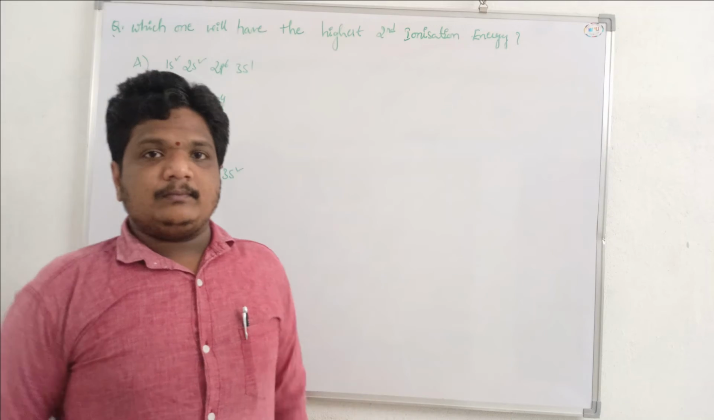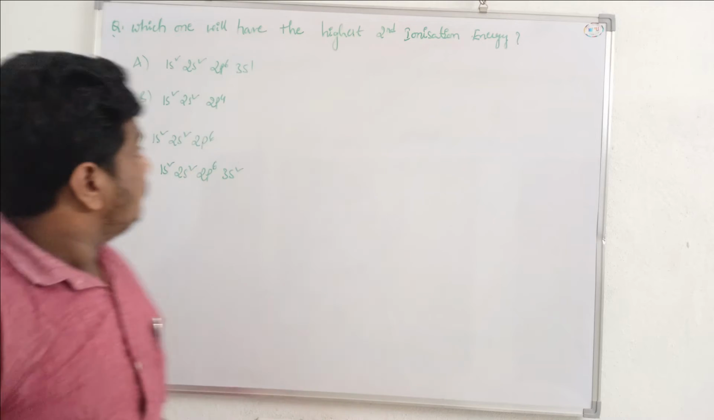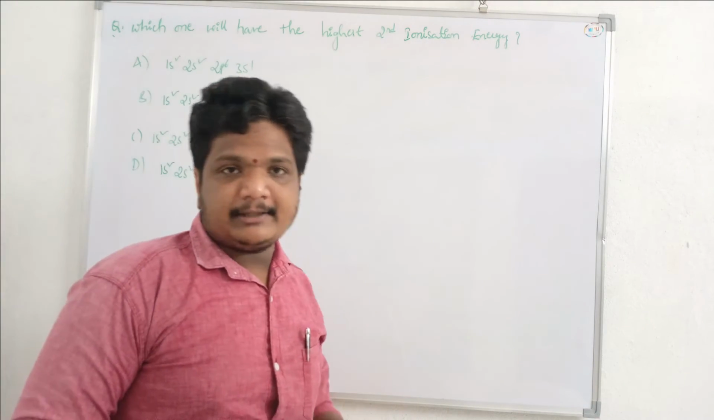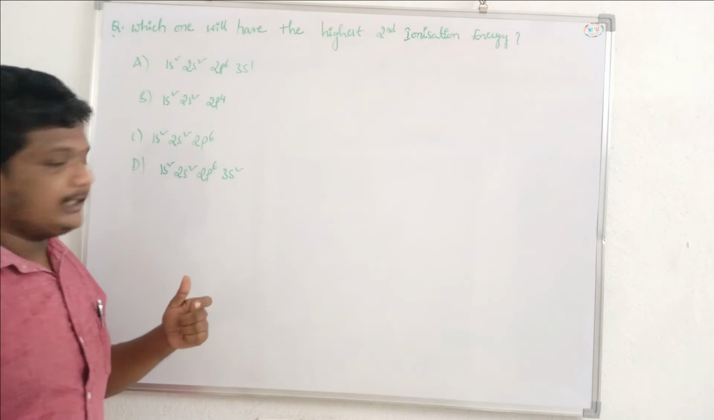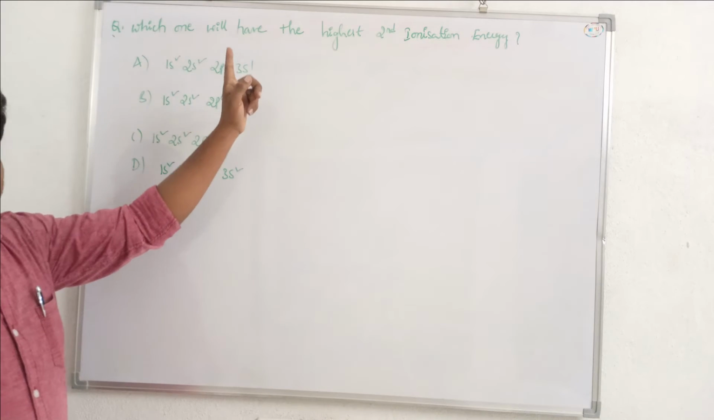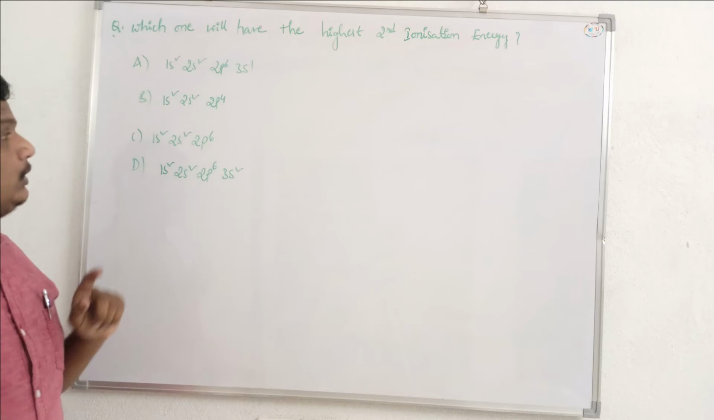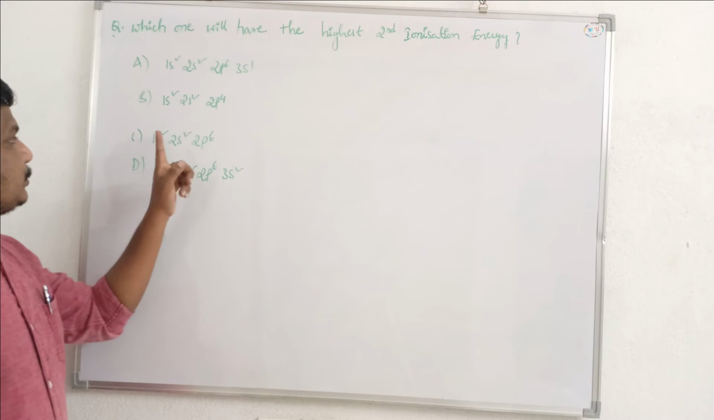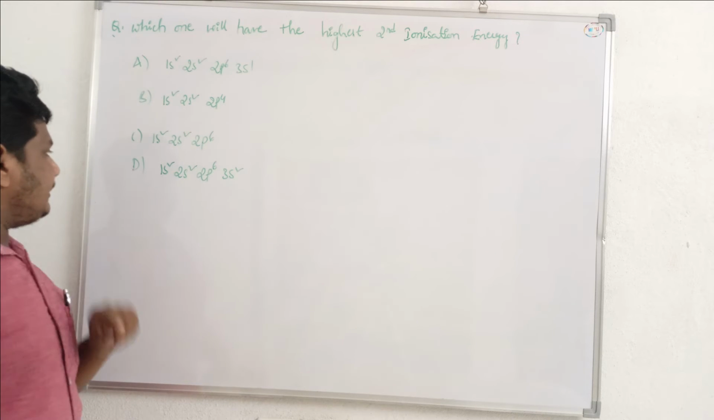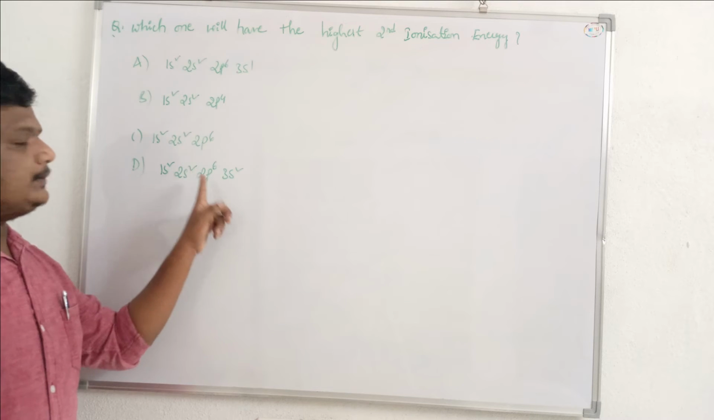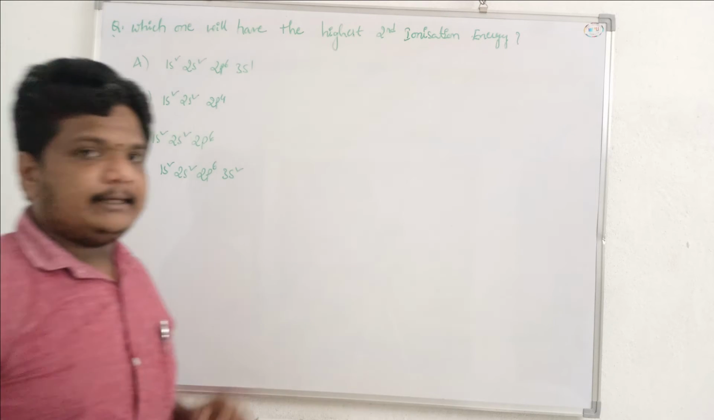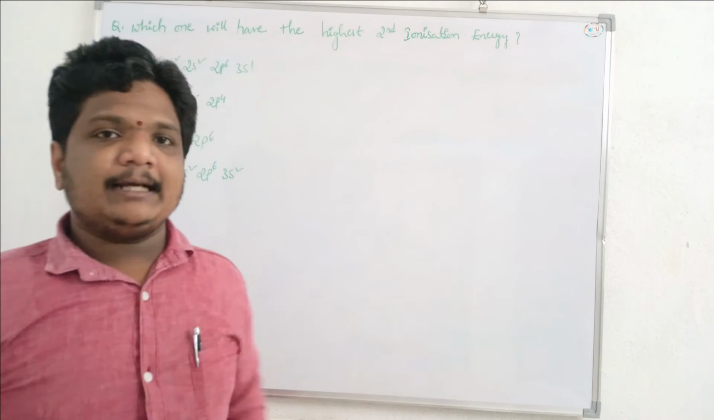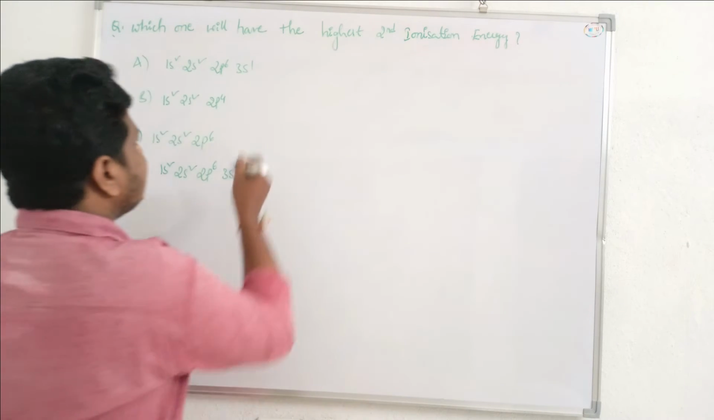Okay. Now let us see the next question. Which one will have the highest second ionization energy? Here they have given option A 1s2, 2s2, 2p6, 3s1, option B 1s2, 2s2, 2p4, option C 1s2, 2s2, 2p6, and option D 1s2, 2s2, 2p6, 3s2. Now here they are asking which one will have the highest second ionization energy. Now in first ionization energy,